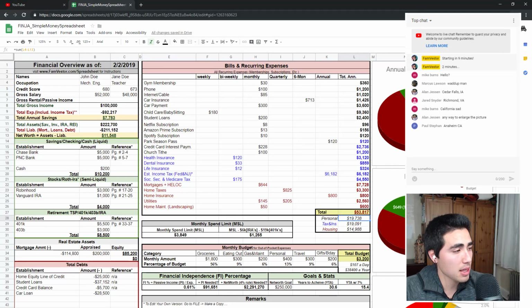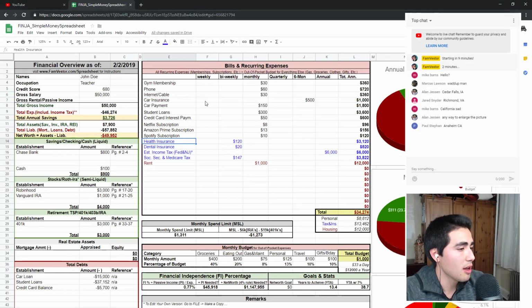The next one I have is family, and I tried to use statistical averages, like median salaries, median debts, and median expenses. You can see the expenses changing from person to person. Like this person's only making 50K, then they have 46K in expenses, and that's due to this 34,000 in recurring bills and things like that, and then a budget of 1,000. I'll go more into that in detail soon.